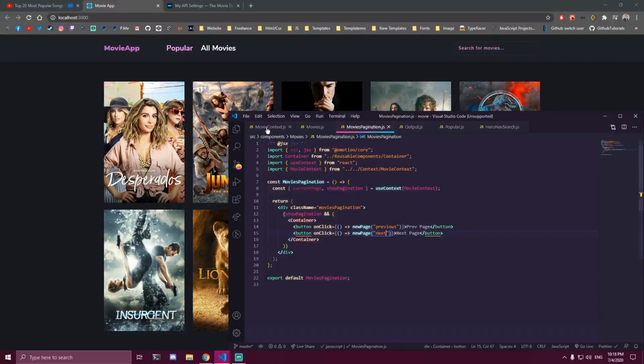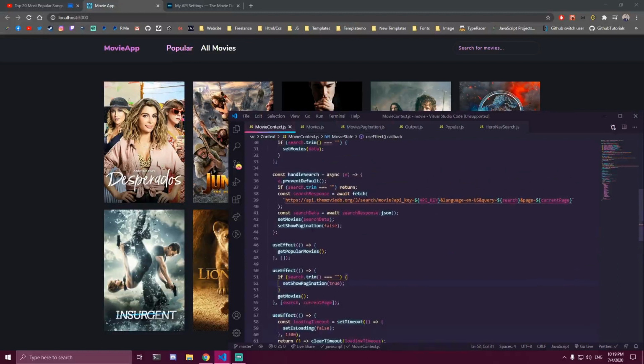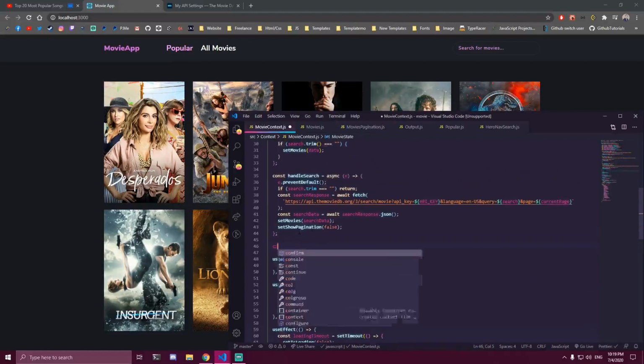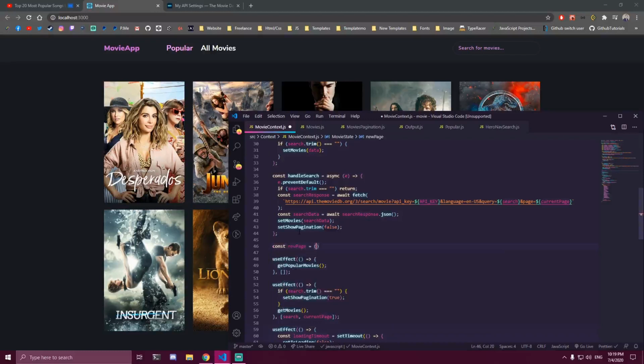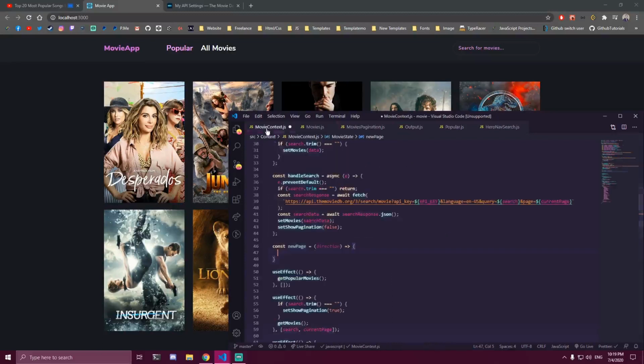And then let's go back, we need to make that new page function here. So let's go under this and let's make that new page. And this function is going to take in the direction. And here we can check for it because we passed that in. If I go back we passed previous and next. So we can check. So if direction is equal to next,